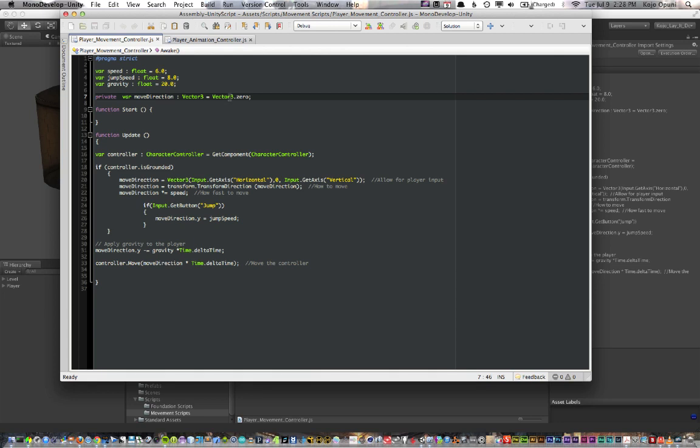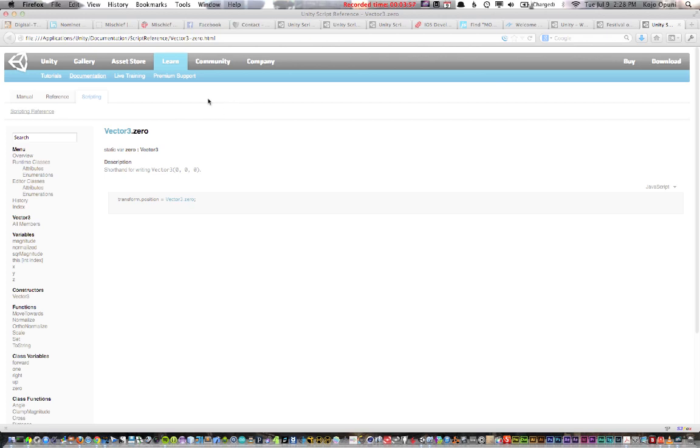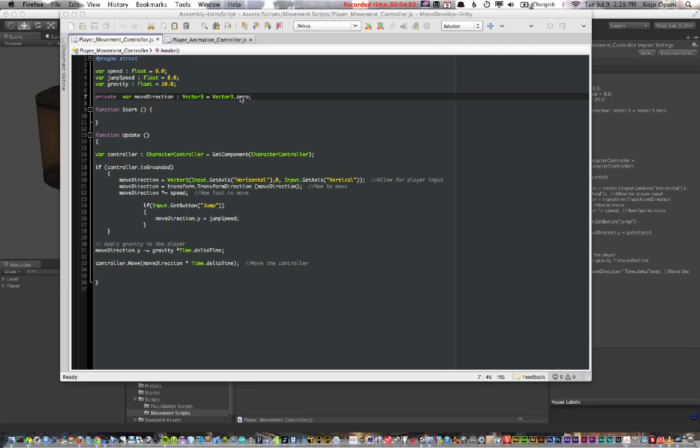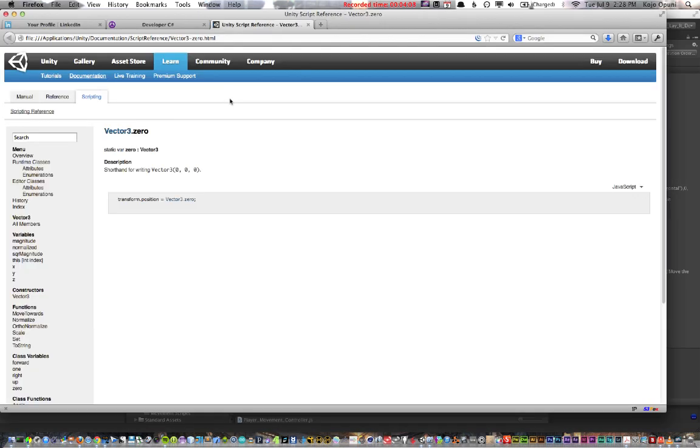one cool thing with Unity is that you can actually go straight into the scripting reference. On the Mac, I'm not sure about the PC, you select the part of the code that you wish to get information about. So I put it over the Vector3. You press command and the apostrophe, and it opens the, let me close this out. I think it's faded out. Let's try this again. Command apostrophe,